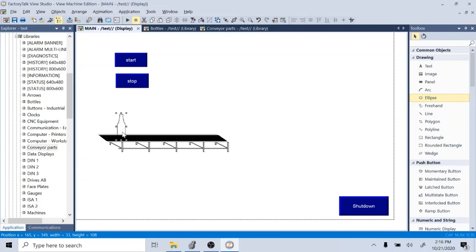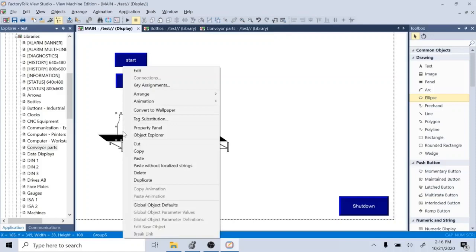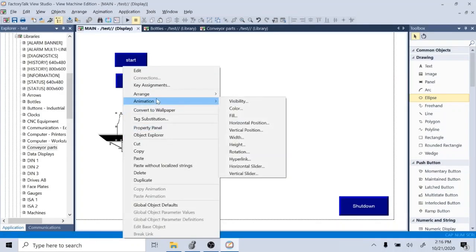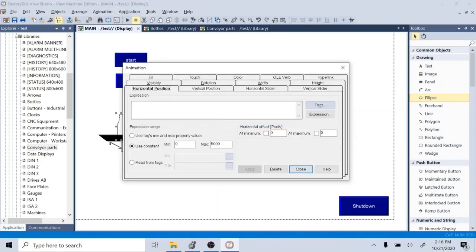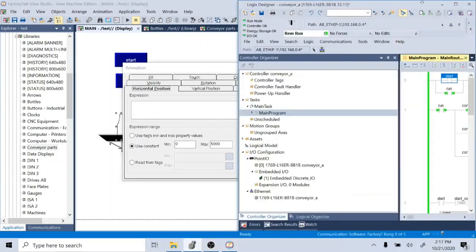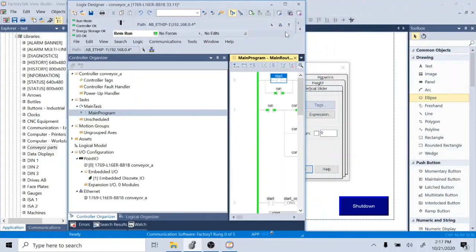So I right click on the bottle, and I come up here and find animate the horizontal position. So now I have to find an expression or a tag, and it is what? The bottle is, let's go back and look. It's the bottle is the